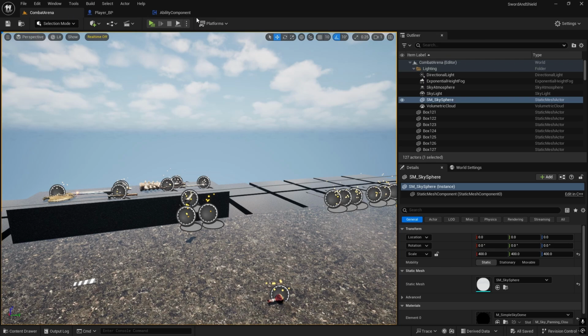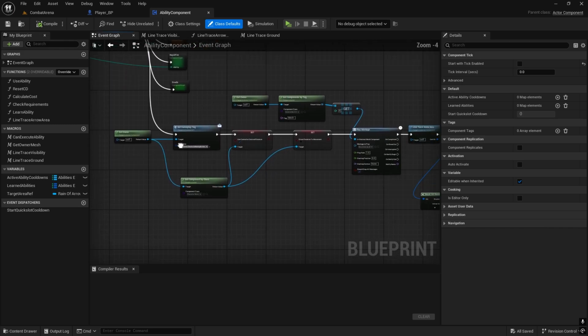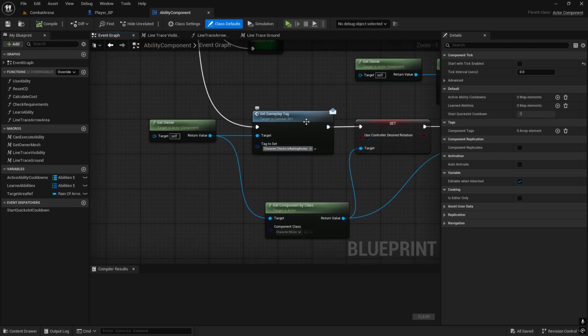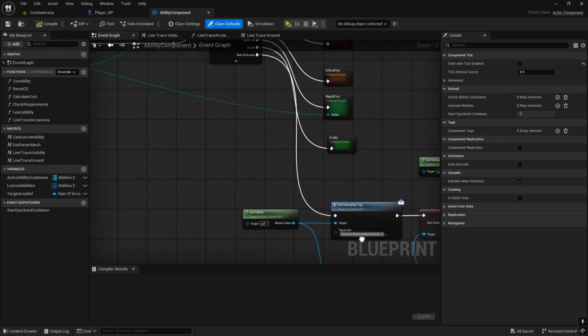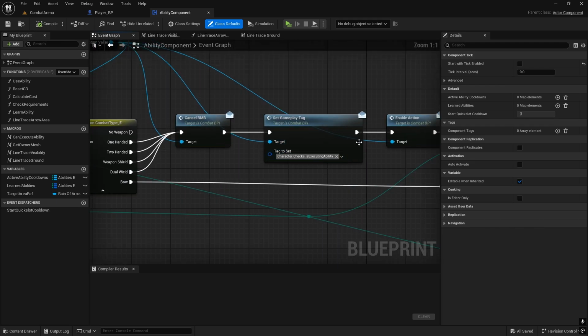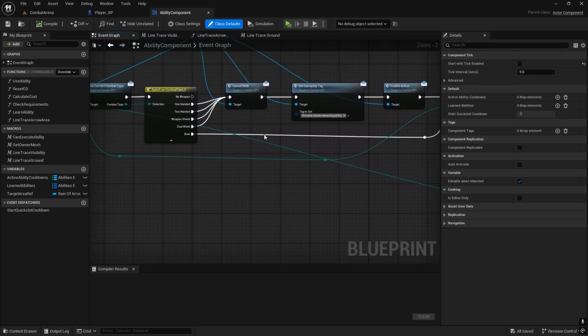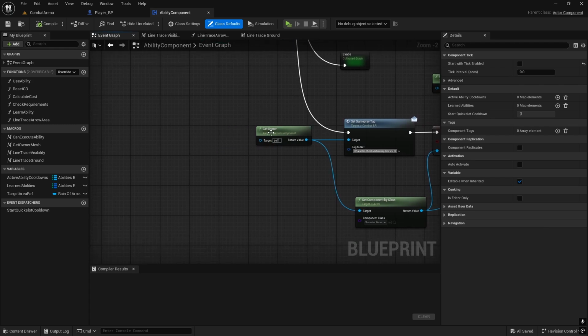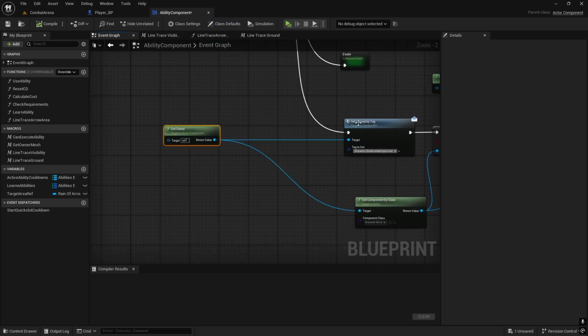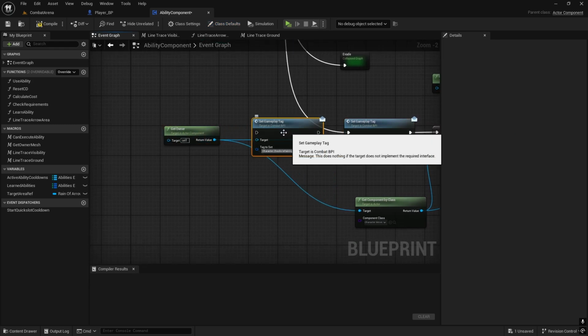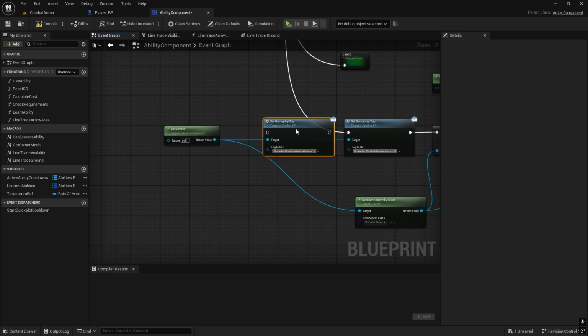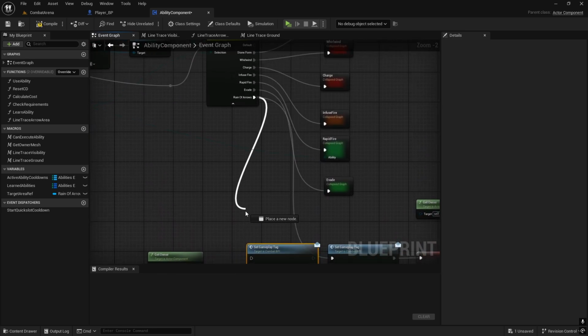So first thing, let's go to ability component. At the moment we have added this tag which is raining arrows, but we have not added is executing ability 1, so it doesn't prevent any other abilities or attacks or anything else being executed. So what we need to do is just copy this set gameplay tag, paste it from the owner and just add it before,